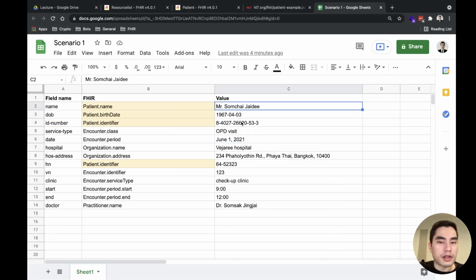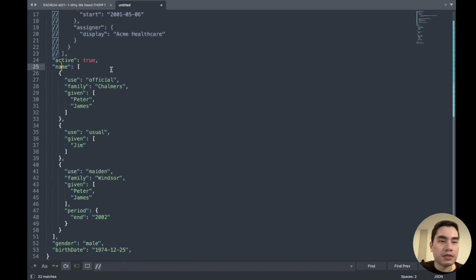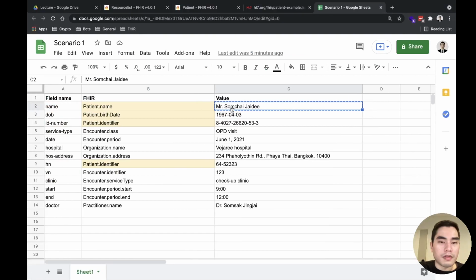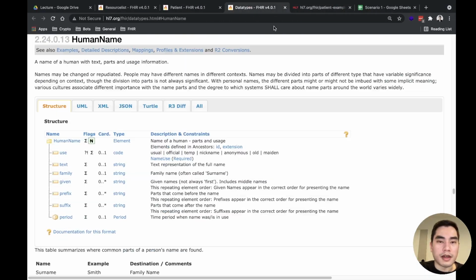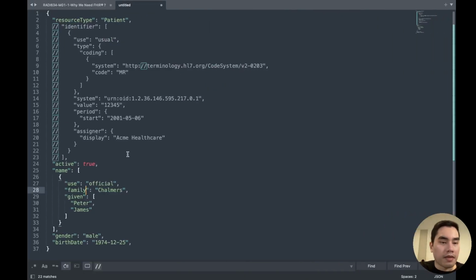Okay, let's start with the name. The name here, this person from the example has many names, but our patient has only one name, so we remove it. And we have to see inside the HumanName data type what is the meaning of each element. I think the use, we don't need it.